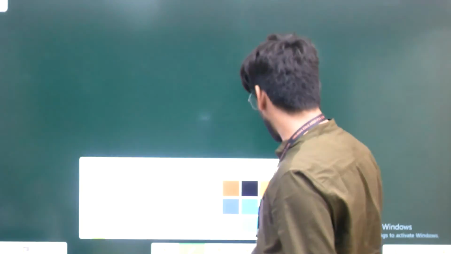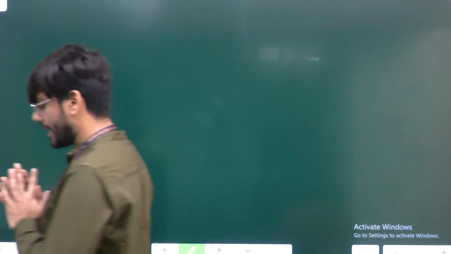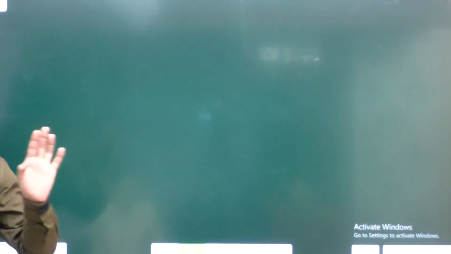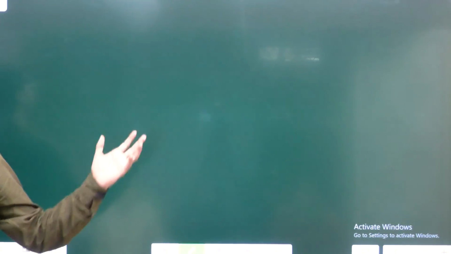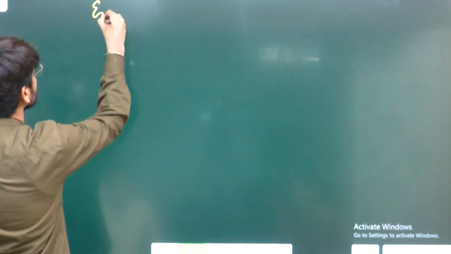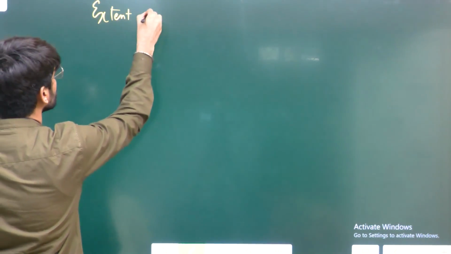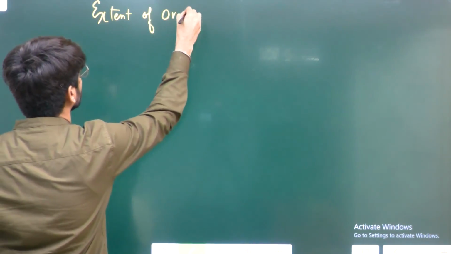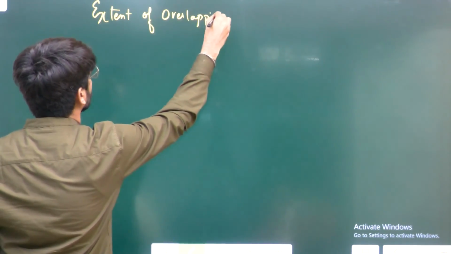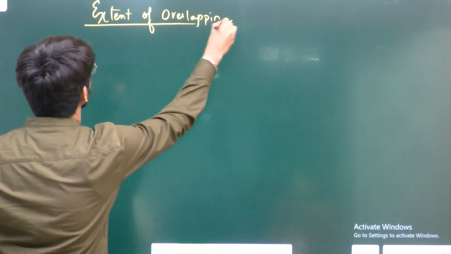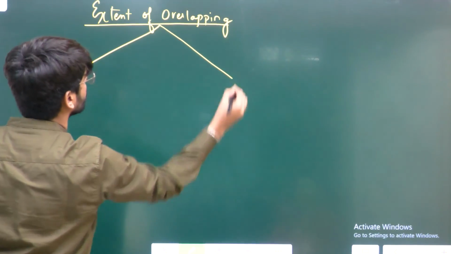अब क्योंकि हमने ओवरलैपिंग तो देख ली, कैसे होती है ओवरलैपिंग, कितने टाइप की होती है सिग्मा पाई, अब हम देखते हैं एक्सटेंट ऑफ ओवरलैपिंग किस में ज्यादा और किस में कम। देखो जब मैं बात करता हूँ एक्सटेंट ऑफ ओवरलैपिंग की, तो आपको दो फैक्टर्स कंसीडर करने हैं। देखो